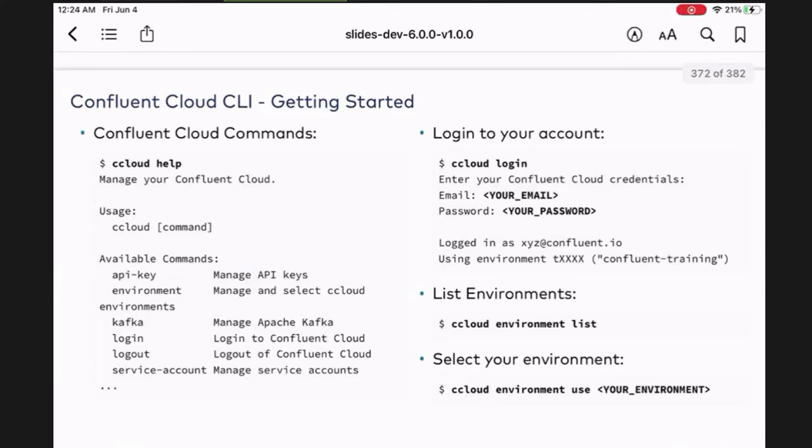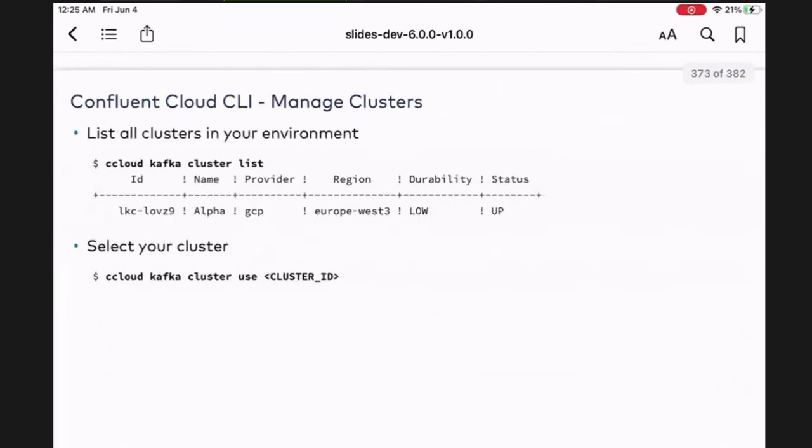And then we do provide a ccloud command that you can install on your local system. So I can install this on my local system and connect to my cloud environment, right? I have this running on my laptop right now, and I can connect to my cloud instance when I want to. I could do ccloud login, give my email and password, and then I log in. And then I can say ccloud to list all the different environments. Because it's a cloud environment, you'll see a lot of the different environments that are available, like when you go to GitHub, you can see all the different things there. But then I can decide what cluster.